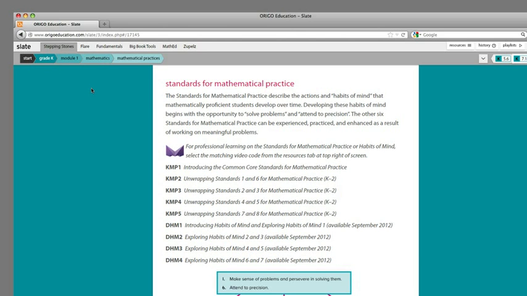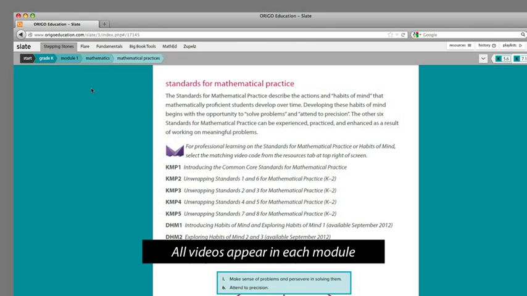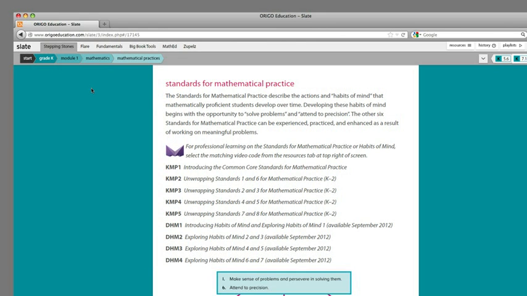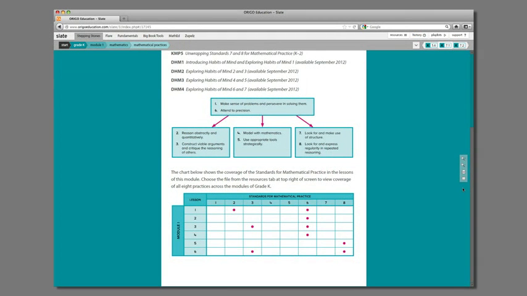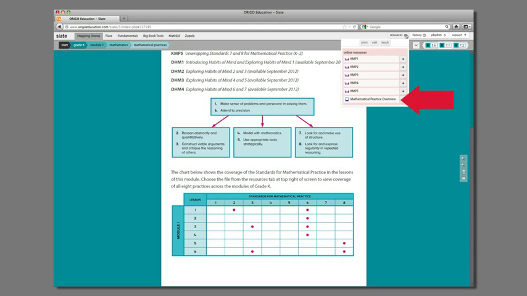Here you will find 9 MathEd videos specific to the mathematical practices of the Common Core and the related habits of mind. These repeatedly appear in each module of Stepping Stones, so don't feel that you need to watch them all in one sitting. The chart below indicates where the mathematical practices from the Common Core are embedded in this module. If you want to see an overview for all modules, you can select this from the Resources tab at